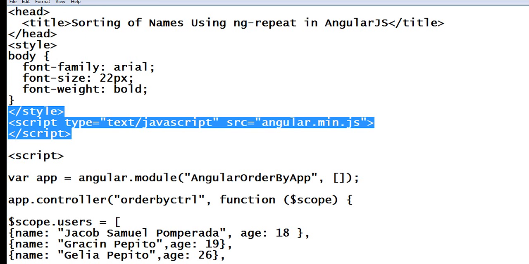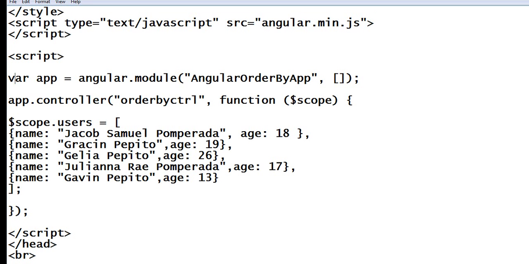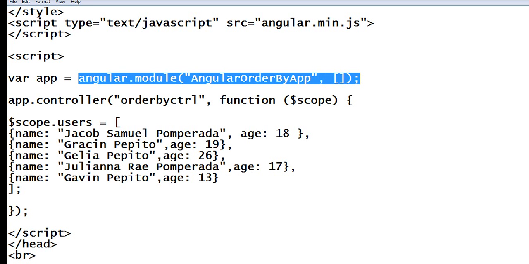And then make sure that we have included the angular main.js in our local directory in our computer, or else the code will not work. We are not using a CDN or content delivery network online, so our application will work even if it is offline. Script, we have here var app = angular.module, angular order by app, controller, order by control,